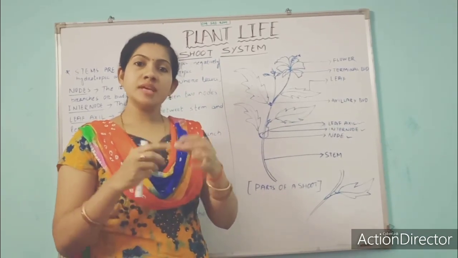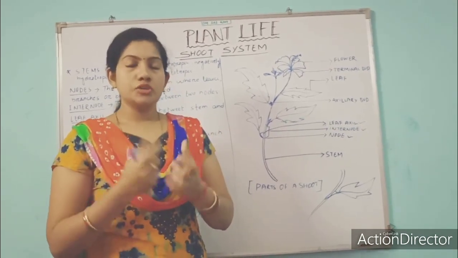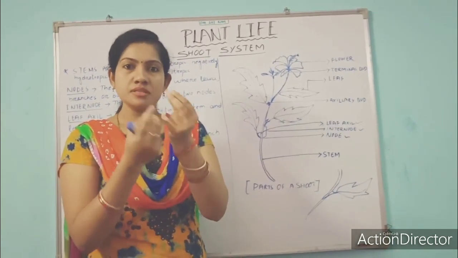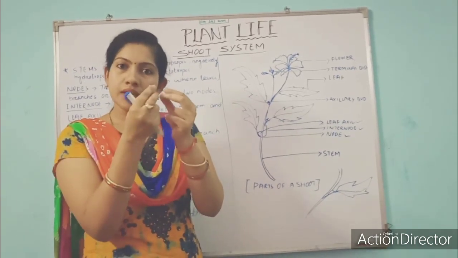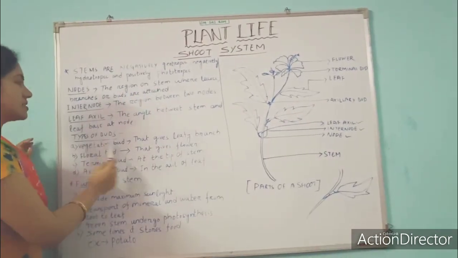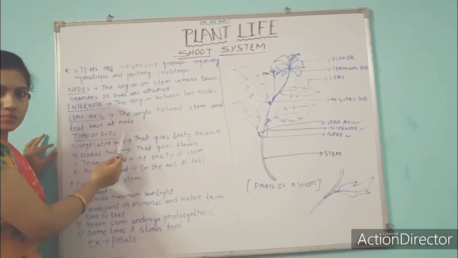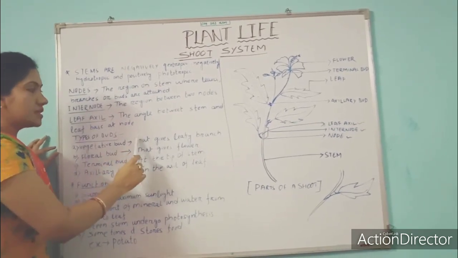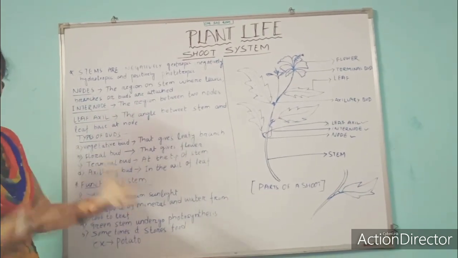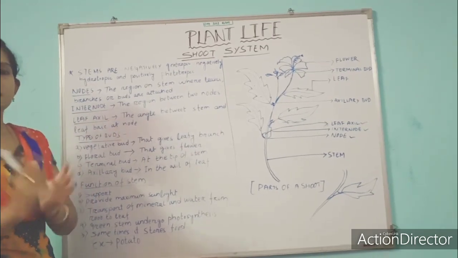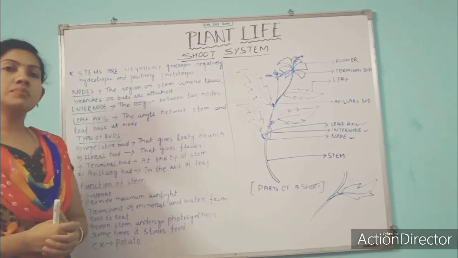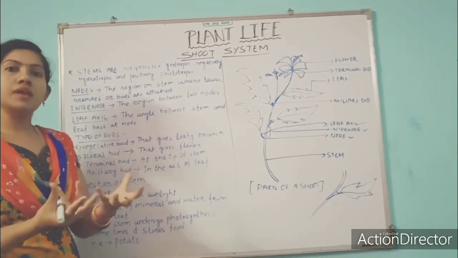Vegetative buds always give rise to leaves. You might have observed, before the growth of leaves, at first the leaf will emerge in the form of a small bud-like structure. Then it will grow to a leaf. That kind of bud we call a vegetative bud. Here I have written the heading types of bud. Vegetative bud gives leafy branches. Vegetative buds are the buds that give rise to leaf or leafy branches. Floral bud gives rise to flower. Floral buds are the types of bud that give rise to flower.